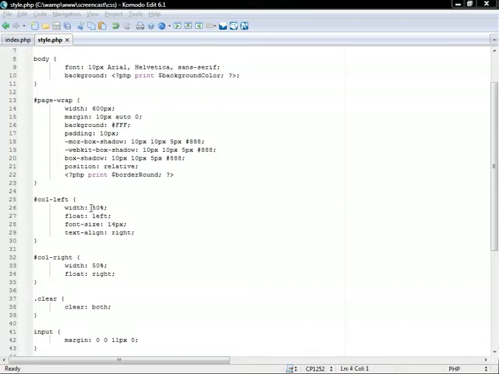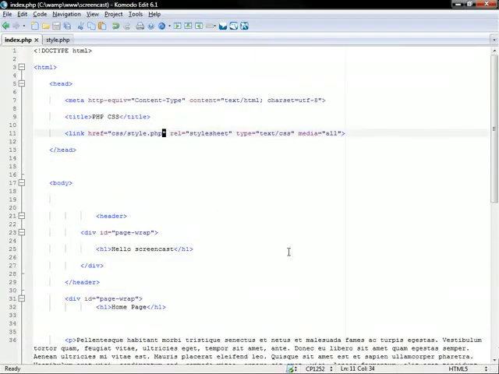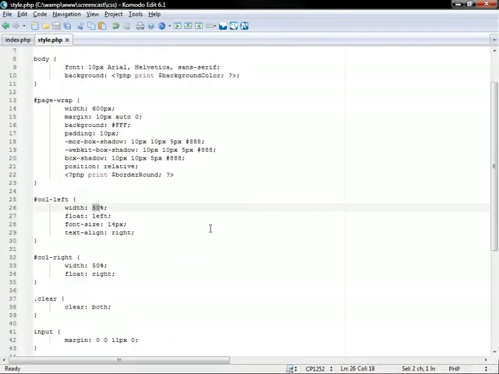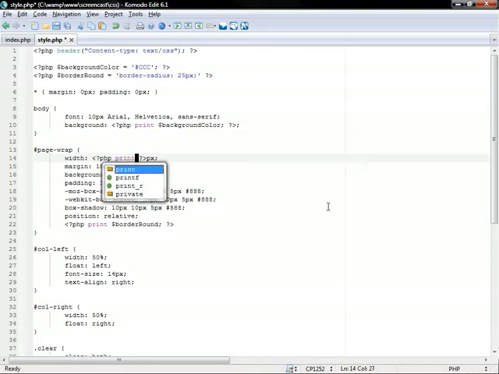So here I have a width here. Why have I got a column left, column right? Am I actually using those? No, I'm not. Random. Here we go. Page width. If I here did a PHP tag, I know I'm doing this back to front, but there we go. I'm going to print out a string width,